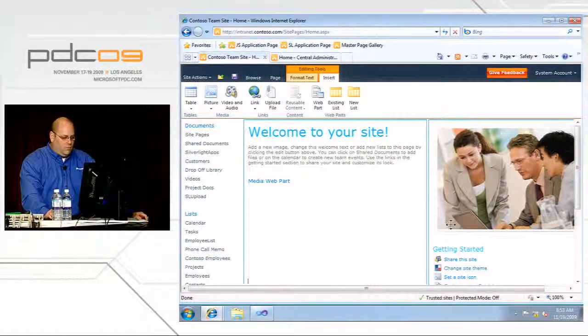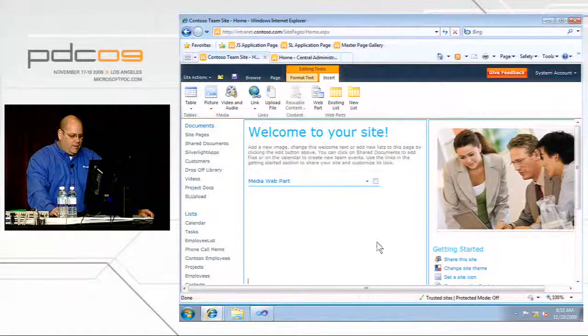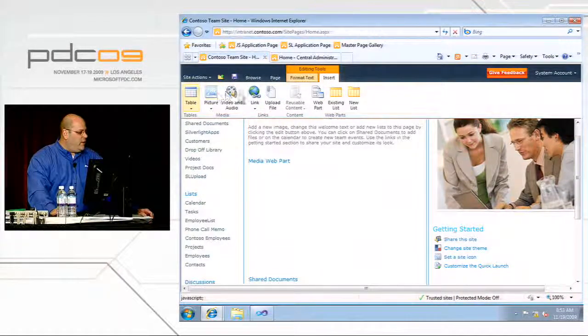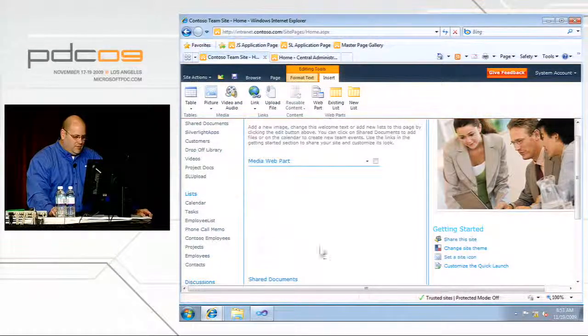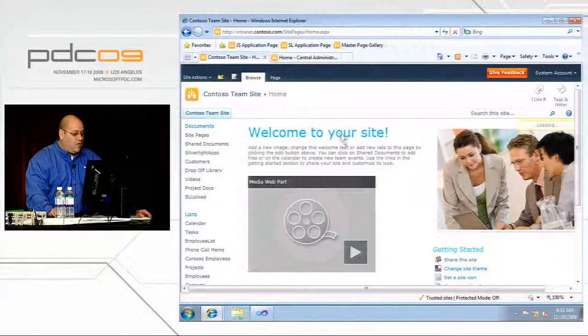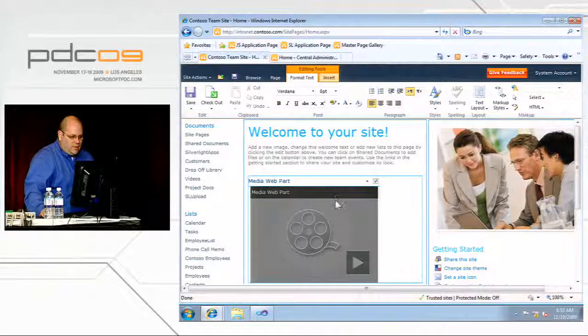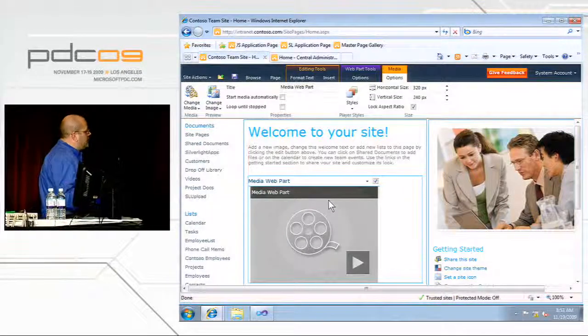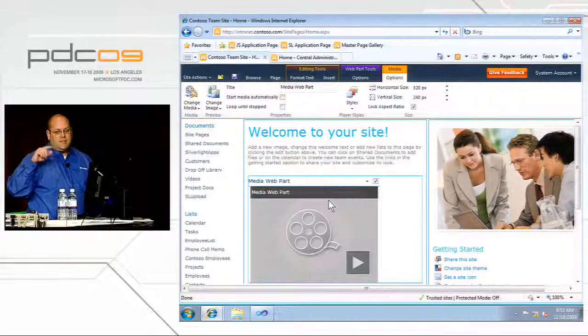So once the media control gets added here, put this up. We've also got the rich ribbon support. This is going to come up. Yeah, so we have the rich ribbon support in SharePoint now. We can also see things like when I clicked on the video, I now get a context-sensitive item